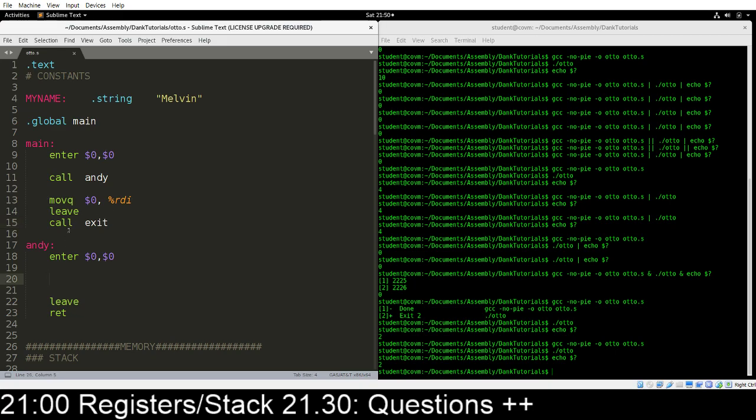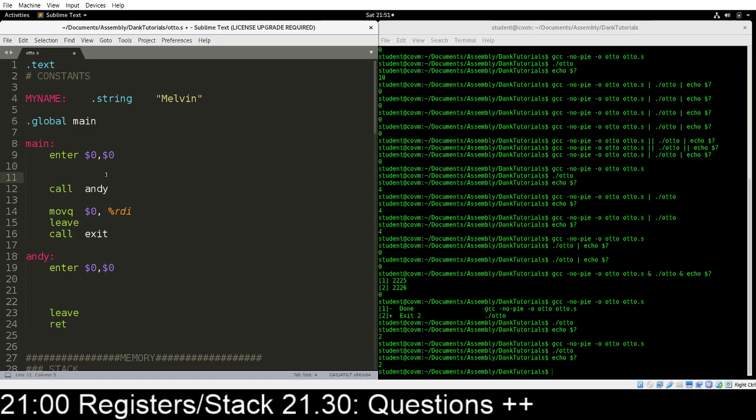And we can actually do this over here too, because RDI is not being changed. And you have to know that registers are volatile. They can be accessed by any called function. So for example, say we just want to do something like this: movq 42 into RCX. We move 42 into RCX and we call some function, and maybe this function does something like,